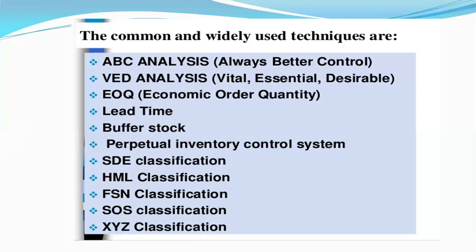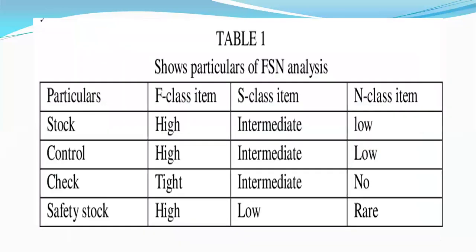Whereas ABC analysis is always for better control. It's also a way of describing inventory, and ABC analysis is the most prevalent. Then after that comes VED analysis: vital, essential, desirable. Here again, the parts are categorized into three categories. Desirable parts are for increasing productivity and enhancement. Then essentials are the basic ones that are required; without them, production is not possible. Vital falls in between these two, essential and desirable. So this is the VED analysis we'll discuss.